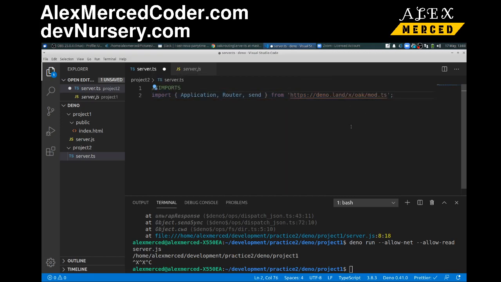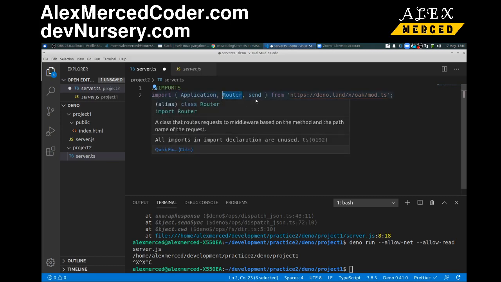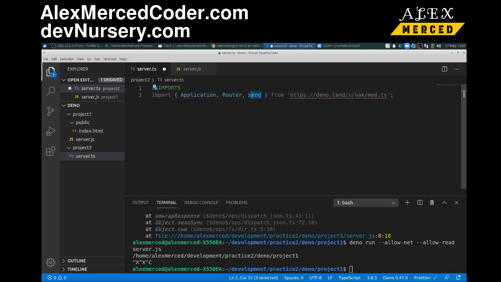So you don't have to write a .gitignore saying node_modules. You can just have your imports. You're probably familiar with ES6 import syntax if you've worked with Webpack and Babel, and set up environments like Create React App, where you can use ES6 import syntax. So in here, I'm going to import three things from the Oak library. I want to import their Application constructor, which allows you to create an application object, which is going to be used for configuring our middleware; a Router object, so we can do routes; and then the send function, which is going to be used to configure our